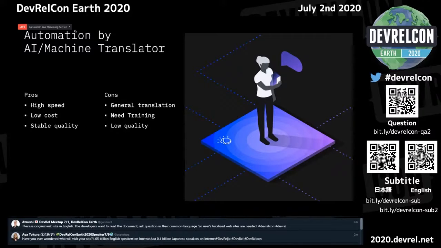On the other hand, what cons does it have? For example, it is general translation, not specific. That's why it needs training on specific knowledge, specific words, specific sentences. And often this kind of translator gives low quality.